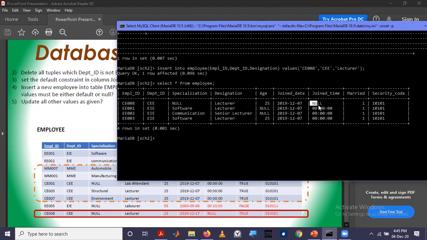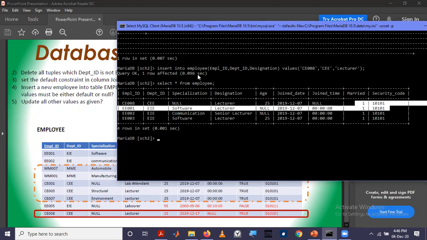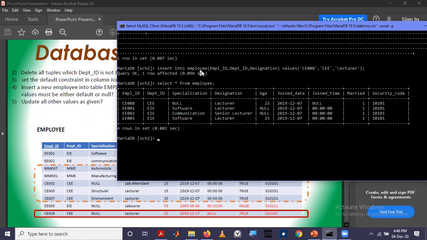Only the new data will have null value, and others are default. The insert command we also did last week; I just reminded it here. It is used to insert new data.